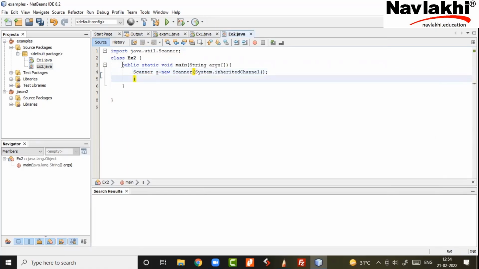I created my Scanner object to scan my keyboard, which is System.in. Then I'm creating double variables. Avoid using the float data type. Use the double data type. Double is for real numbers. Float is also for real numbers, but prefer double in Java. I'll tell you the reason later why. But prefer double.